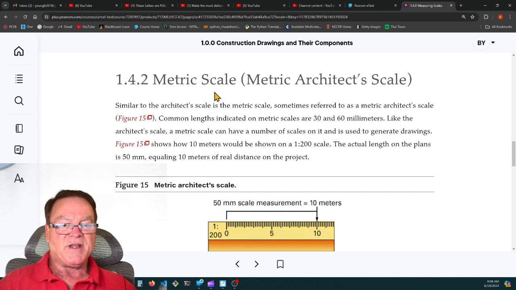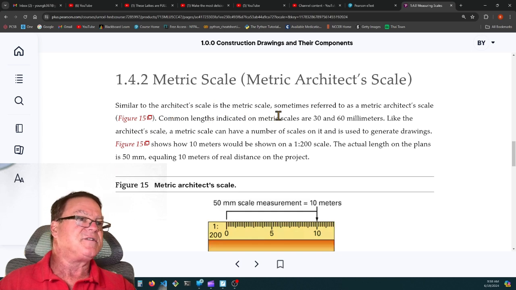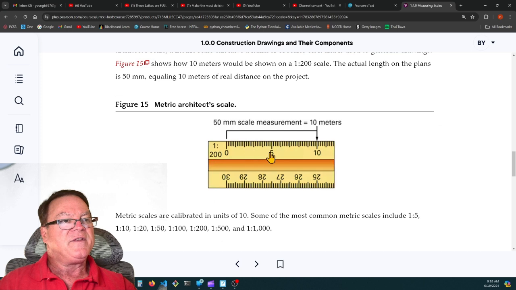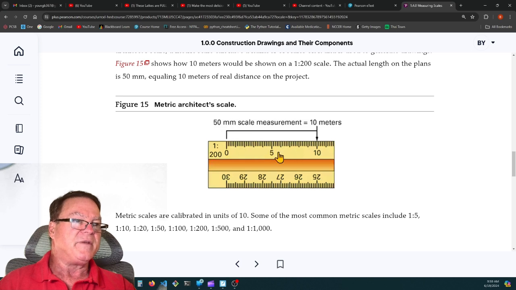1.4.2, the metric scale. Similar to the architect scale is the metric scale, sometimes referred to as the metric architect scale. They divide this into centimeters, and they divide each centimeter into millimeters. So this says 1 millimeter equals 200 millimeters. The 50 millimeter scale measurement equals 10 meters. So